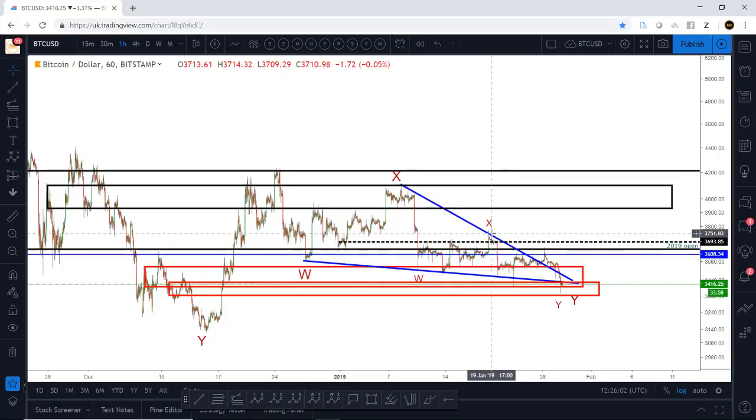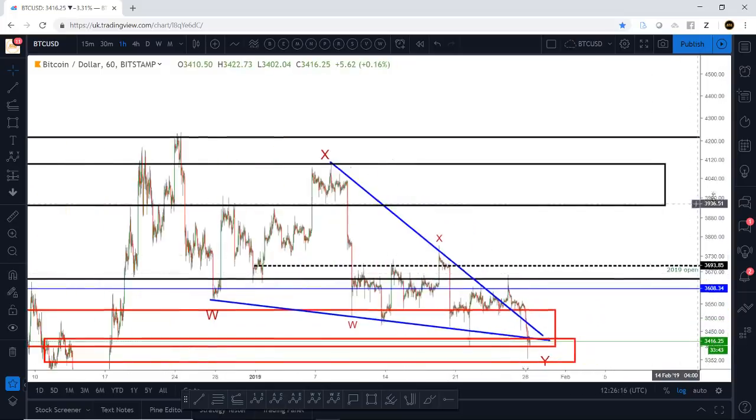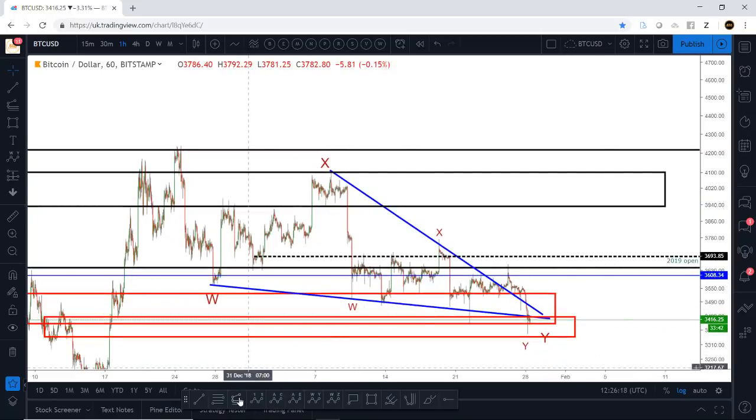So this final move down. So it looks like an ABC. So an A, B, C would form our Y wave to complete that. And another way to support that is just using a Fibonacci relationship. So if we use our Fibonacci extension tool and we start it from here, extend it down to here,